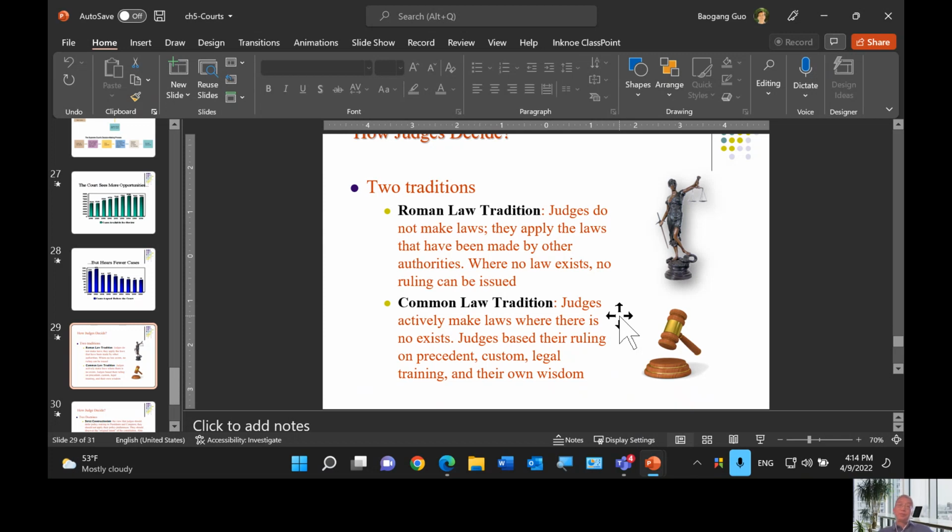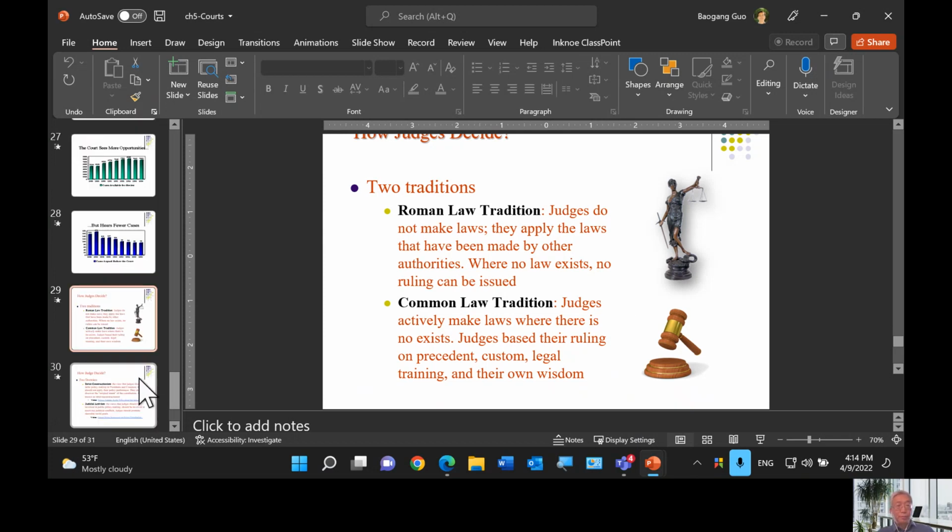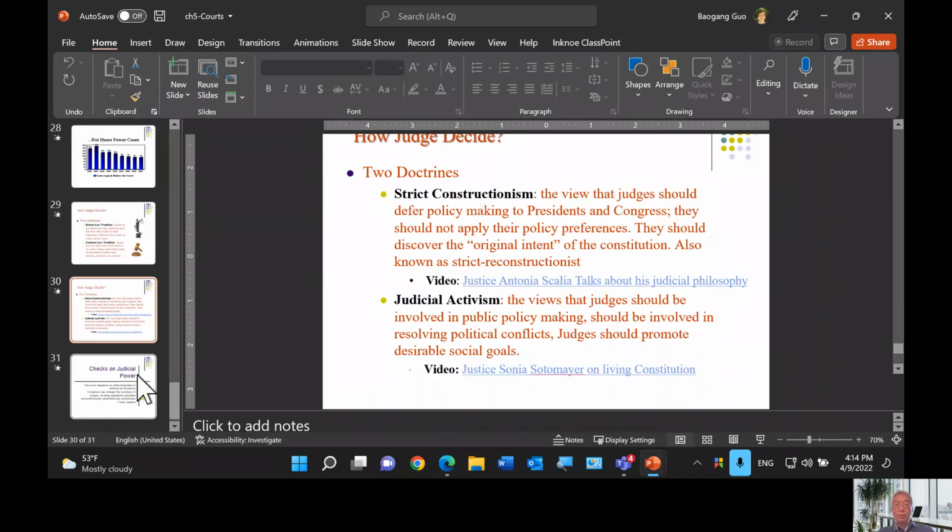Based on those two legal traditions, America has developed two judicial doctrines. One is called strict constructionism, and the other is called judicial activism. Strict constructionism is a view that believes judges should defer policy making to the President and Congress. Judges should not make public policies, and they should not apply their personal policy preferences in their legal rulings.